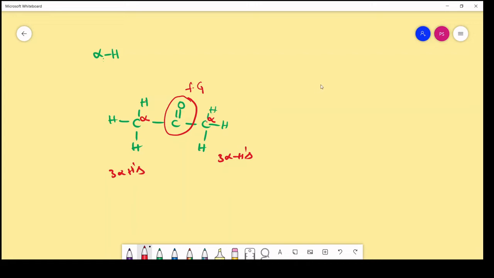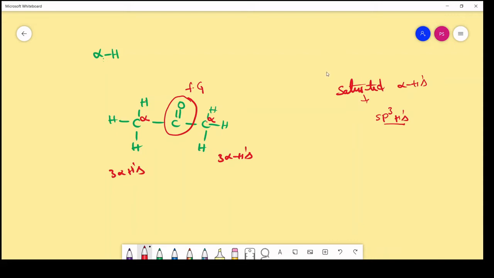Here we are saying saturated alpha hydrogens. What we say is saturated means sp3 hydrogens. That means the hydrogens contain only single bonds and are not attached to any double bond or triple bond; they are called saturated hydrogens. Only saturated alpha hydrogens are involved in tautomerism. Is it clear? And another important condition is that